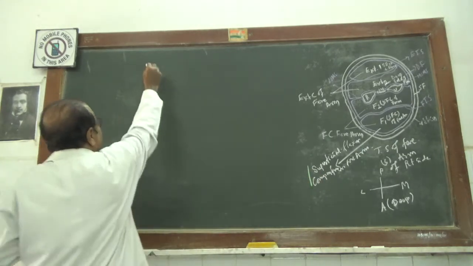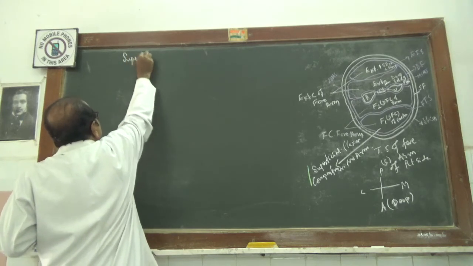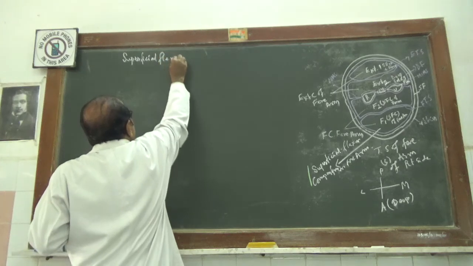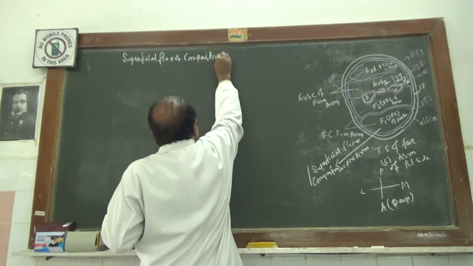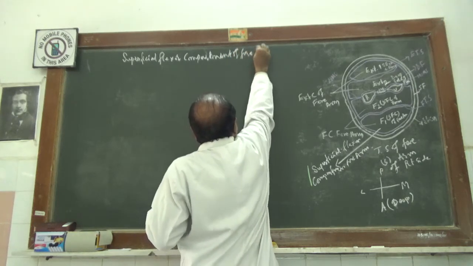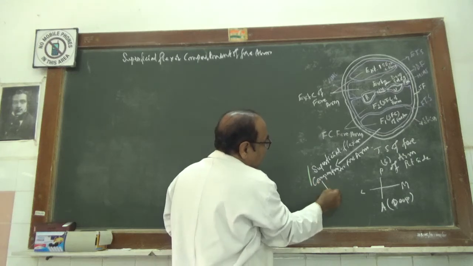I will take it now: the superficial flexor compartment of the forearm. Now this superficial flexor compartment of the forearm consists of